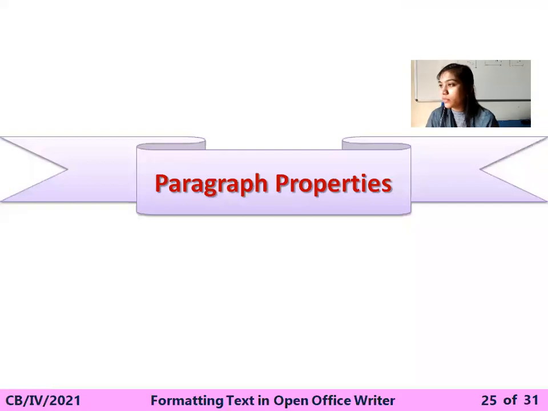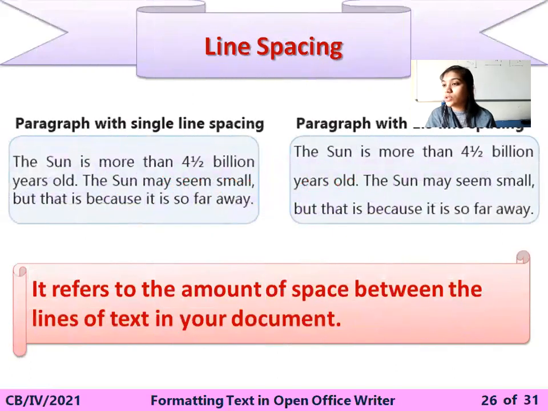What do you mean by the paragraph? You know the meaning of the paragraph. Whenever you write a set of sentences together, for example 5 to 6 lines, it makes one paragraph. So in OpenOffice Writer, whenever you are making a document, it is taken as a paragraph. We are learning the properties that will make it look much better whenever you display or show your document to others.